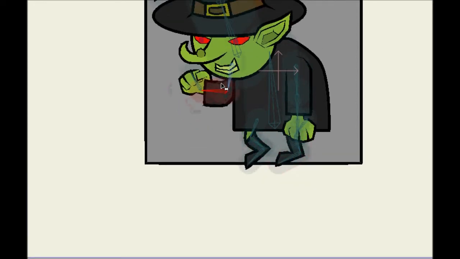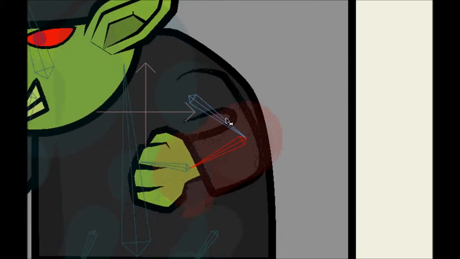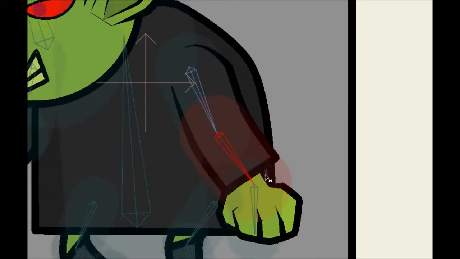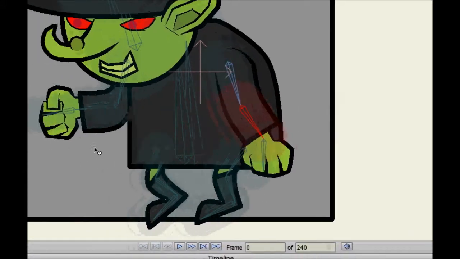These are very, very simple joints. It's not a very complicated character, so I'm not being that precise. See this bend right here? I need to do something about that. It should be straighter, I suppose. You know, maybe